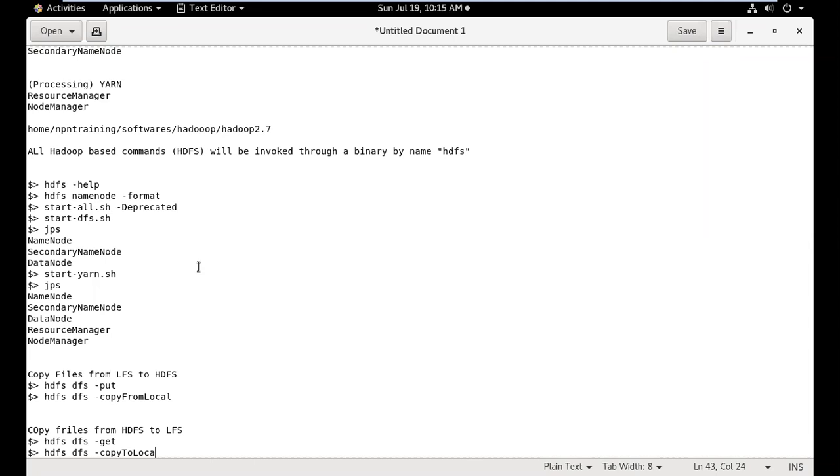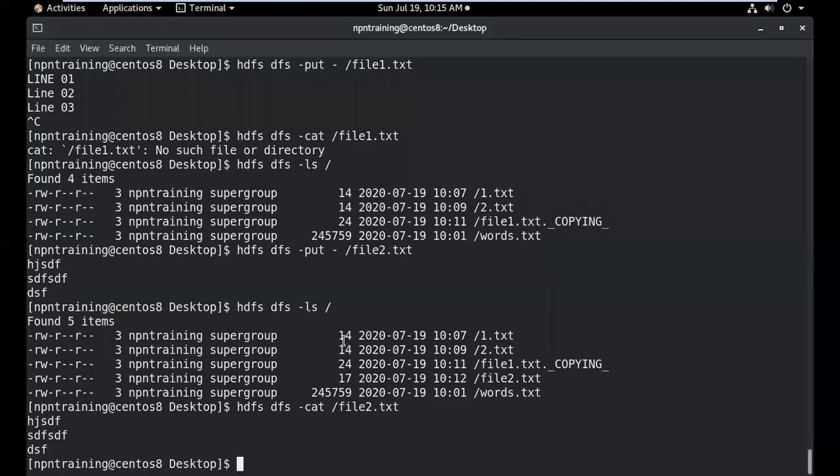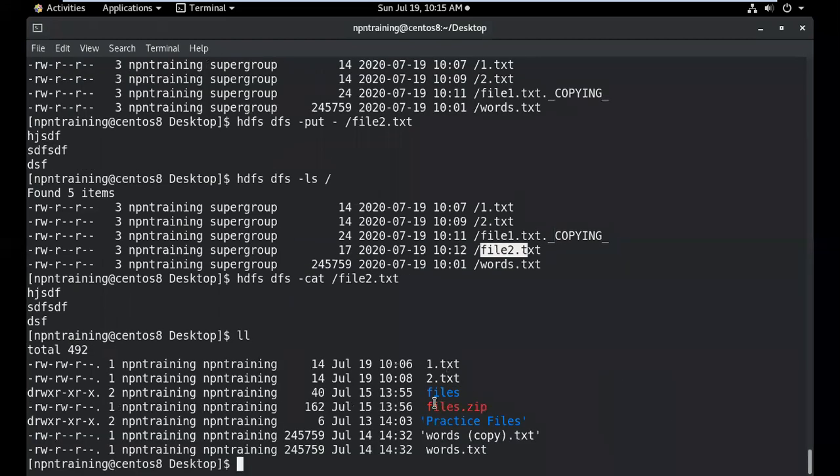Let me proceed now. I see some people have raised hands, but nobody. Okay, now let me show you this get command. For example, in HDFS we have a file named file2.txt, but on Windows we don't have any file named file2.txt. So you can invoke either hdfs dfs -get or copyToLocal. Both commands are the same. hdfs dfs -get, and you want to copy the file in the root directory, file2.txt, to my desktop, so to my present working directory.